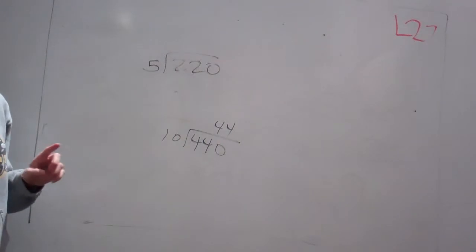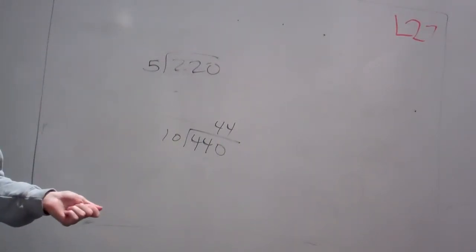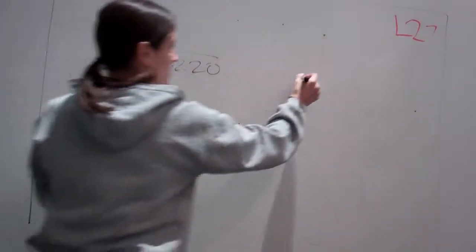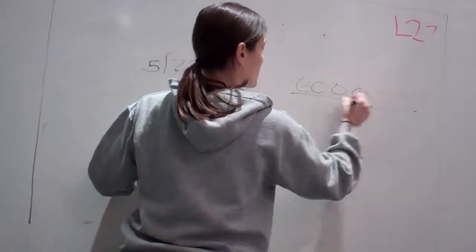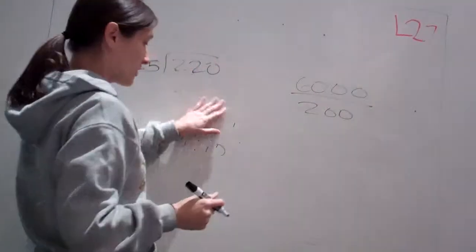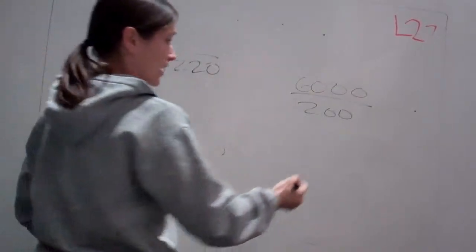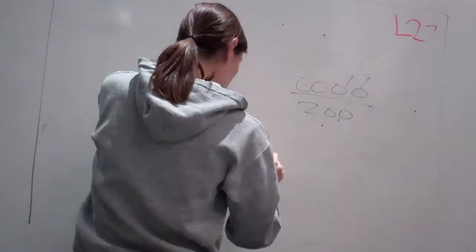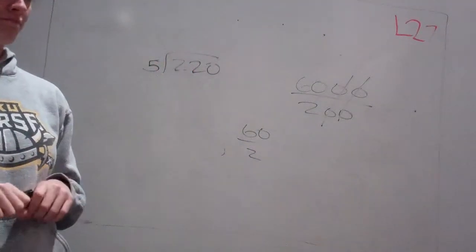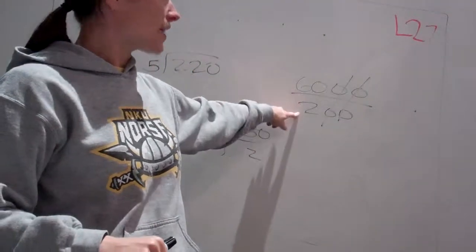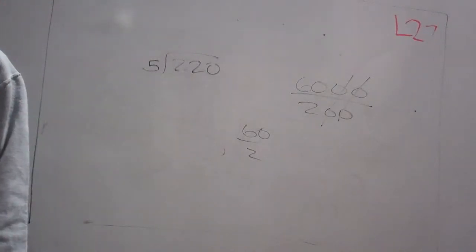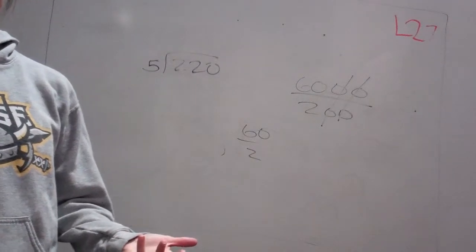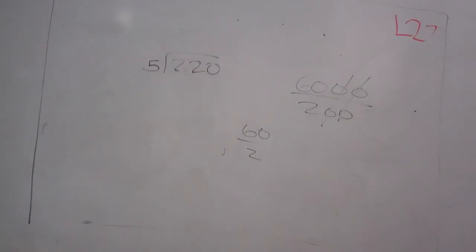All right? Instead of dividing 6,000 by 200, you can actually divide by 100, but what I would say is cross out your end zeros, and 60 divided by 2 is what? 30. Okay? So 6,000 divided by 200 is 30. Okay? Pretty simple, huh? Yep. All right. Now, okay, that's lesson